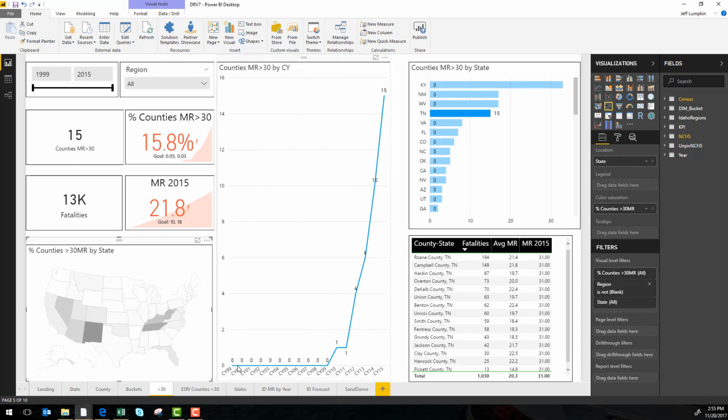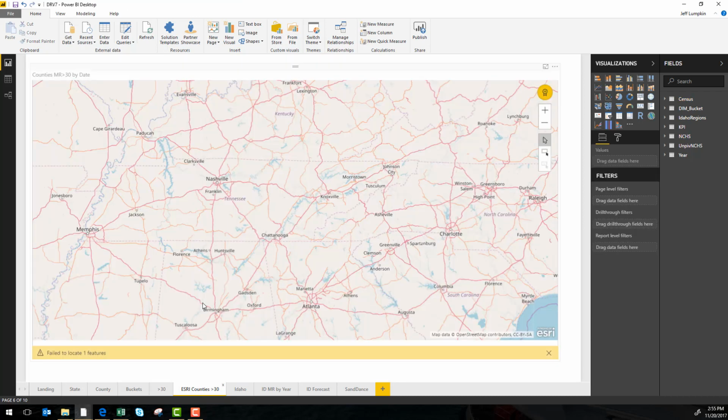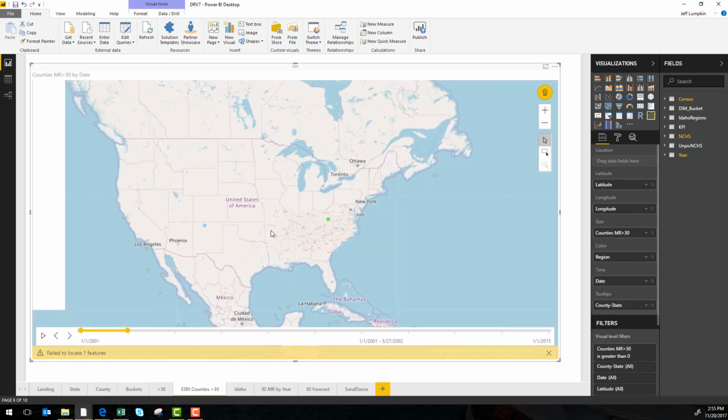So I've shown this to some doctors, some medical experts, and they wanted to see the spread mapped of counties greater than 30. So here I'm using an Esri map to show the growth of counties as we started in 2001. So 1 New Mexico, that's Rio Arriba County. The second is McDowell County in West Virginia. And then just clicking through the years,